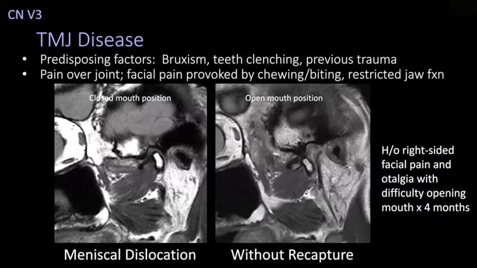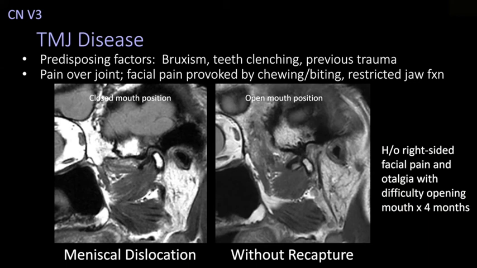TMJ disease is the second most common cause of referred otalgia, and 70% of patients with TMJ disease will have otalgia, and otalgia may be the only manifestation. This most commonly presents in young women, and predisposing features include teeth grinding and clenching and previous mandibular trauma. Additional clues that this is the source of otalgia include pain over the joint, pain provoked by chewing or biting,